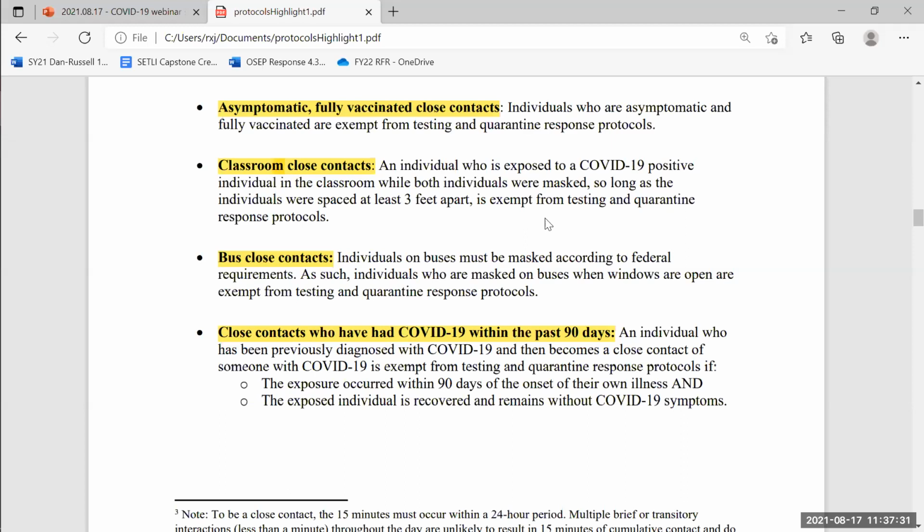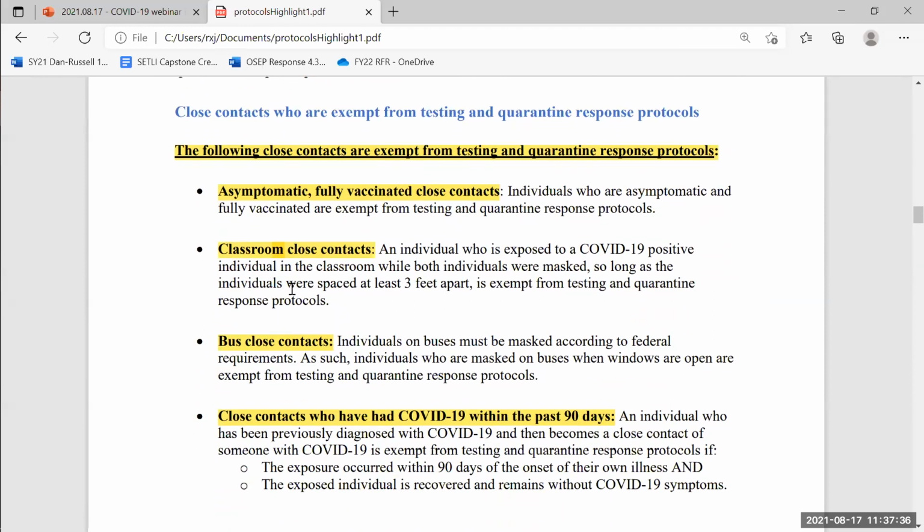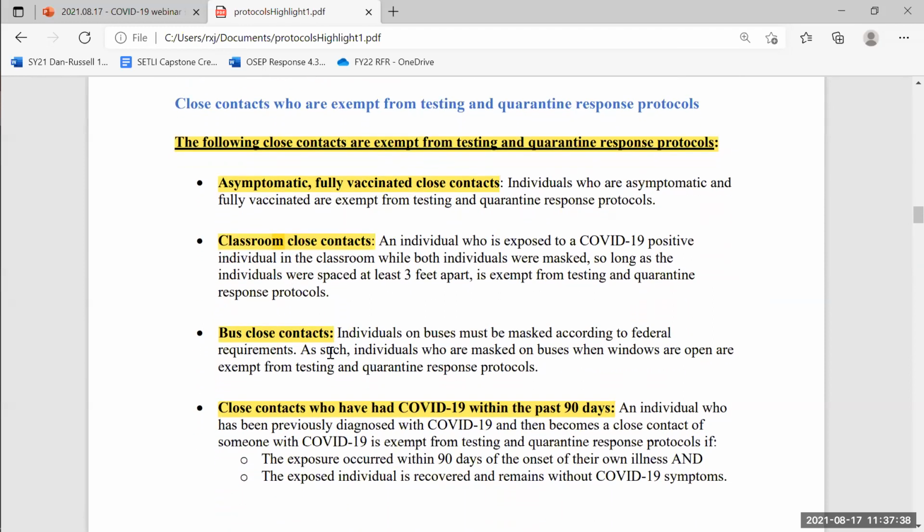And so keep in mind that, right now, what we define in this document is that individuals who are on a bus would not be identified as close contacts because we know that they have to be masked according to federal requirements. That's a requirement across the whole country that individuals on school buses or any form of public transportation have to be masked. We want to make sure that those windows are open, right? So there's a lot of air transfer on the bus as it's moving. And as such, individuals who are on our school buses would not count as close contacts and don't need to